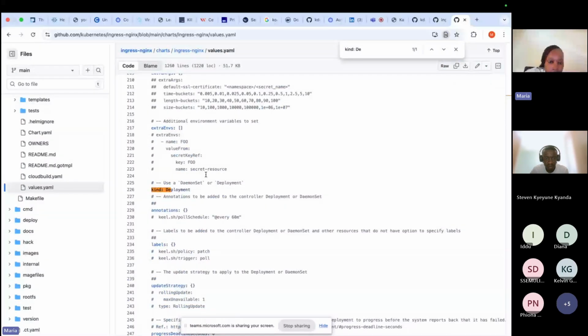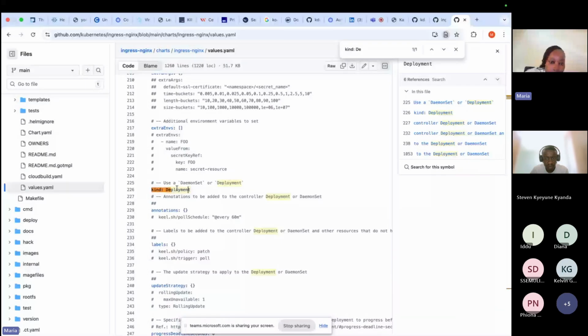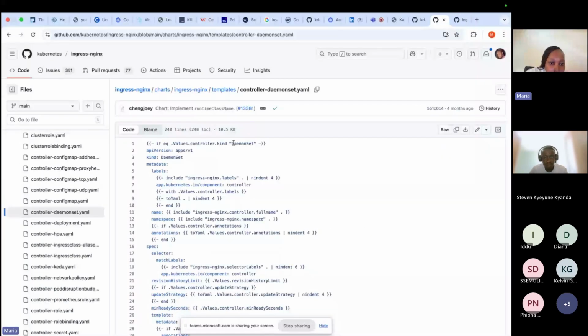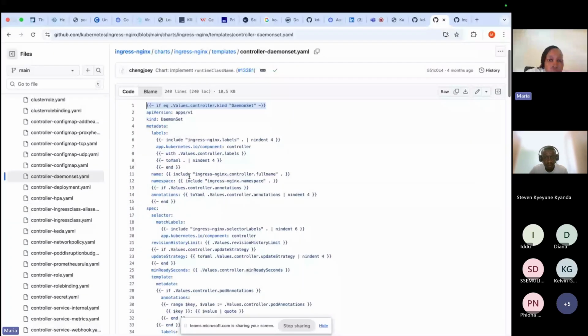So I could provide a values file and say, no, I want to use kind daemon set. So what does it do? It will go to its chart and it will look for controller daemon set, because you've specified kind. If equals kind daemon set, then it will deploy that. Yeah. So people tend to use this in production